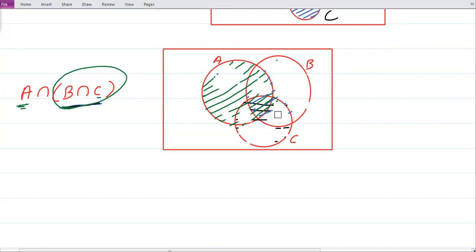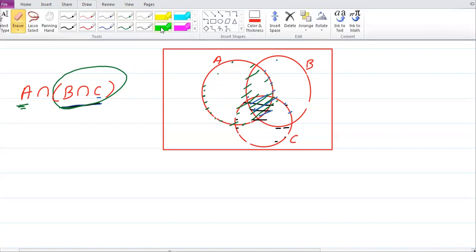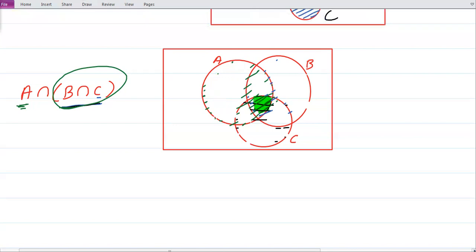Why is this not of my use? The reason is this is just blue and black. But as I'm taking this whole intersection with A, I have to keep the part that is common to all. So this portion will give me A intersection B intersection C. This one is there. So in other words, the one I will highlight right now is your A intersection B intersection C. This one. Okay,